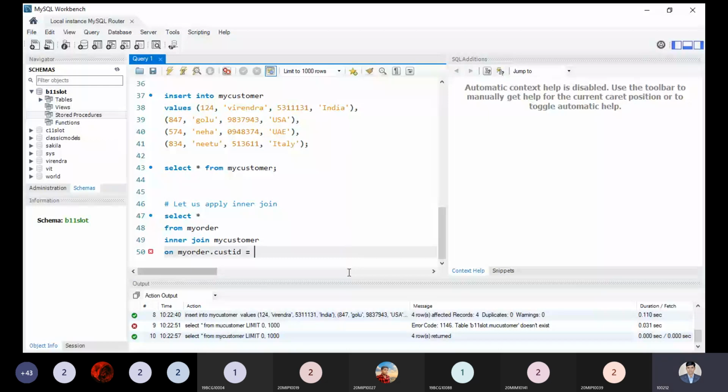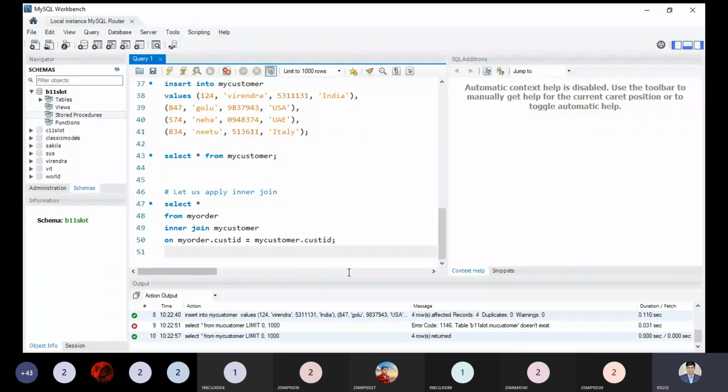What this query is saying is that where the customer ID is the same as in my customer, only those records will be displayed. We are selecting all the records, so definitely all the attributes which belong to my order and my customer will be displayed simultaneously. Okay, so that is the point.